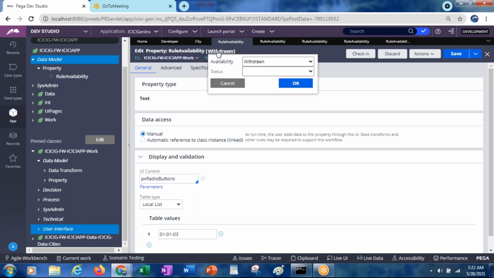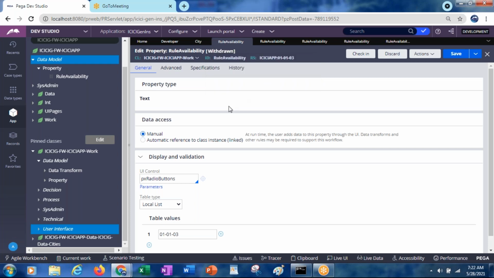Sir, withdrawn and not available both are similar, right? What are the differences between them? Not available means it is not taking only the current version and current class. So 010103 it is not taking, but it is taking from 010102. Only that particular rule will be ignored. Yeah, exactly. As I said, it is like deleted from 010103 and it is available in 010102 itself. In 010103 we deleted it, so it will take from the previous version.